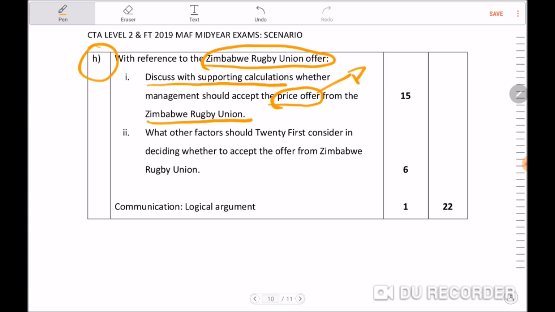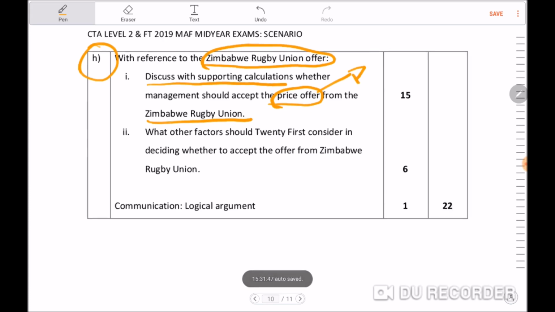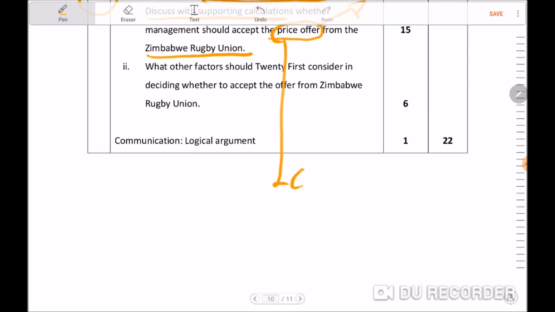In other words, as I'm making this decision, I also need to evaluate the context within which I am making it. The first one is the prize offer: is it a once-off or recurring? Which is very important. If you go back to the scenario, the ZRU indicate that they are hosting a rugby sevens tournament and they want to host the South African rugby team and the Kenyan rugby team. As part of that hosting, they are expected to provide accommodation to these two teams. From the information provided, I'm sure it was clear that this was a once-off